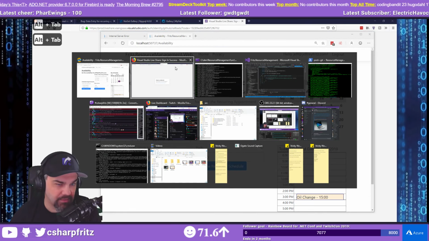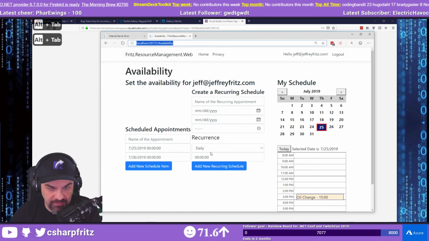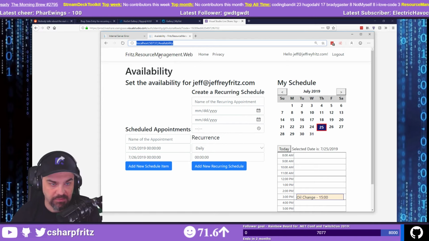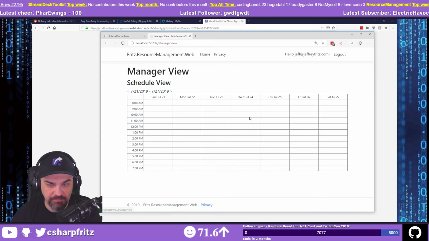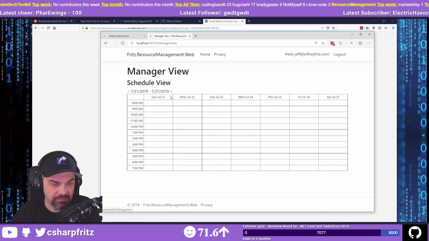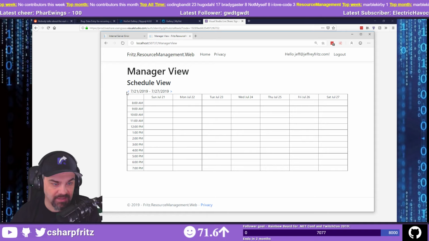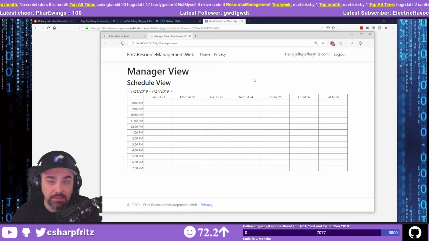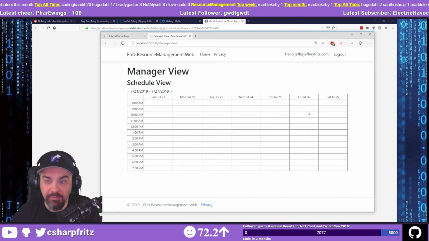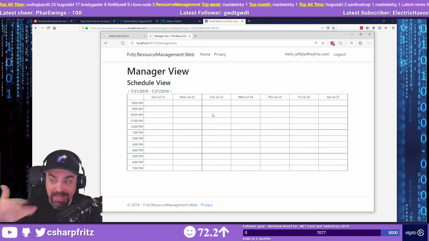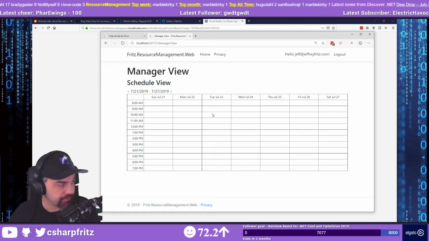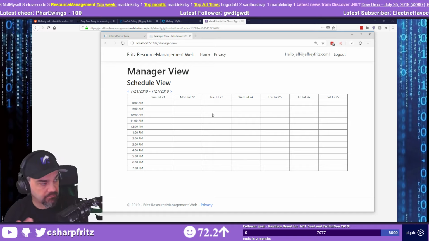So we do have an issue there with the availability that needs to be addressed. That's fine. We'll come back to that. Manager schedule view. So in here, I still have this weird problem where the navigation isn't working. We're going to need to address that as well. But I'm able to navigate around, and I'm back where this is working like it previously was. So we're